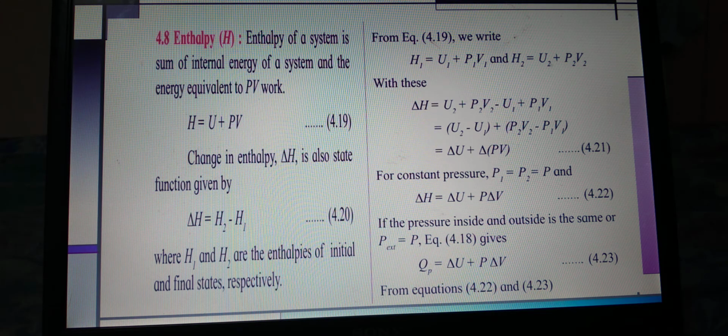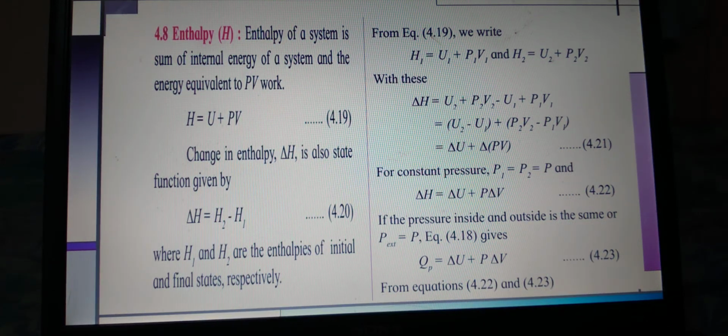Now internal energy is also a state function, pressure and volume are also state functions, and hence we say that enthalpy is also a state function, because U, the internal energy, P, pressure, and V, volume, are state functions. So of course H is also a state function. Obviously the change in enthalpy, delta H, also depends on the initial and final state of the system, and hence it is given by the equation delta H is equal to H2 minus H1,